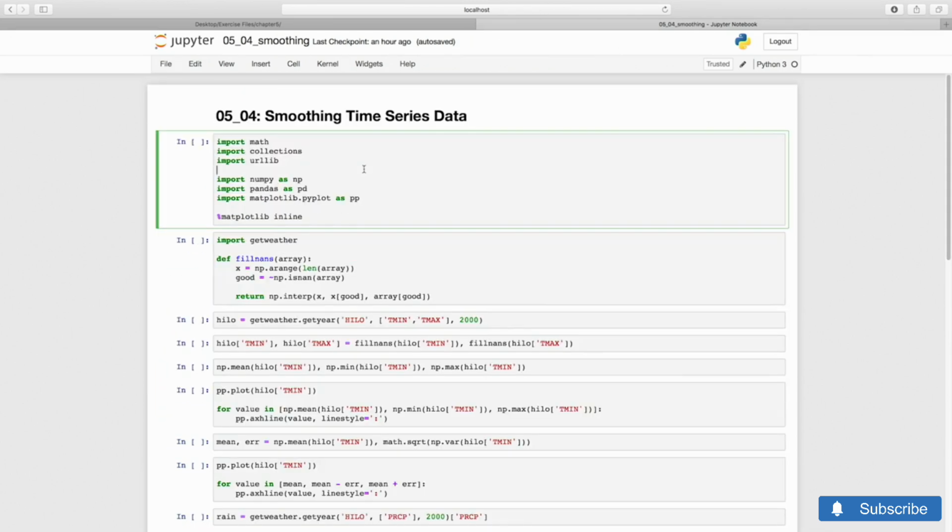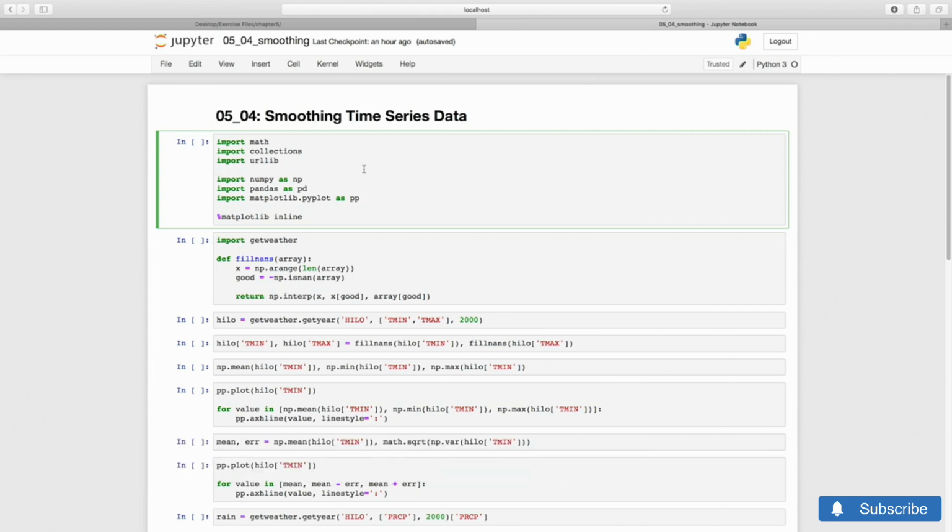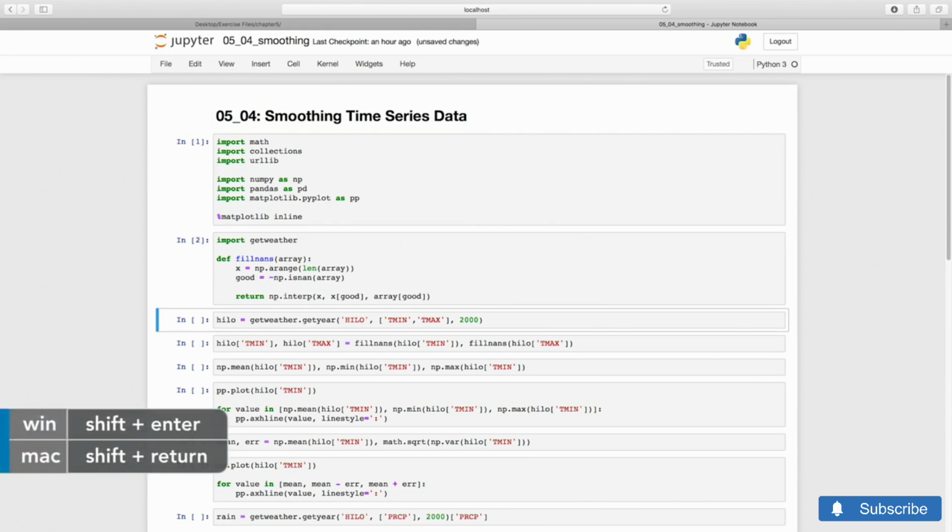Now we know how to load temperature data from any station, how to compute basic summaries such as mean, min, and max, and how to integrate missing data points using interpolation. We'll continue with more data analysis in NumPy. I've copied your fillNans function here, since we will need it.